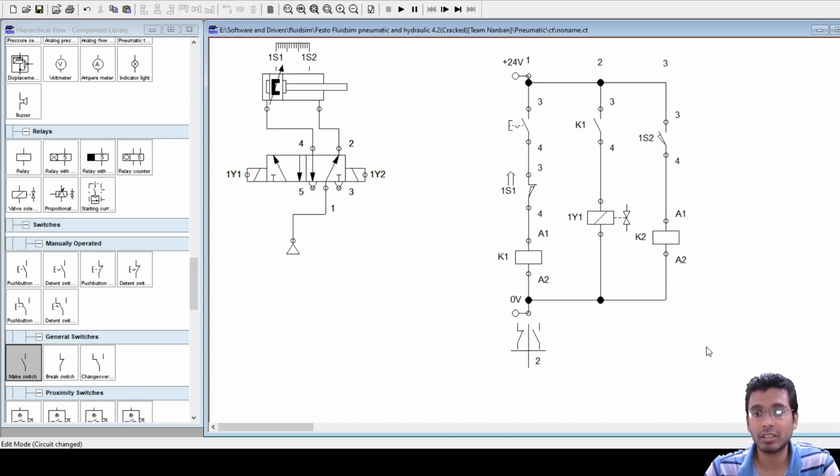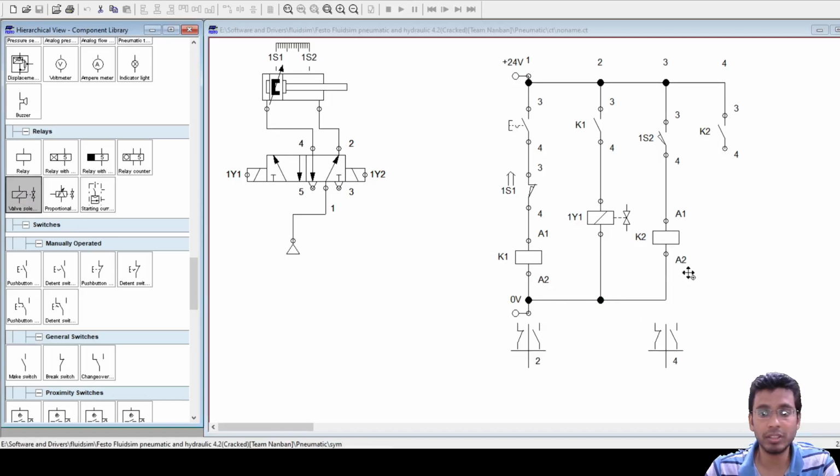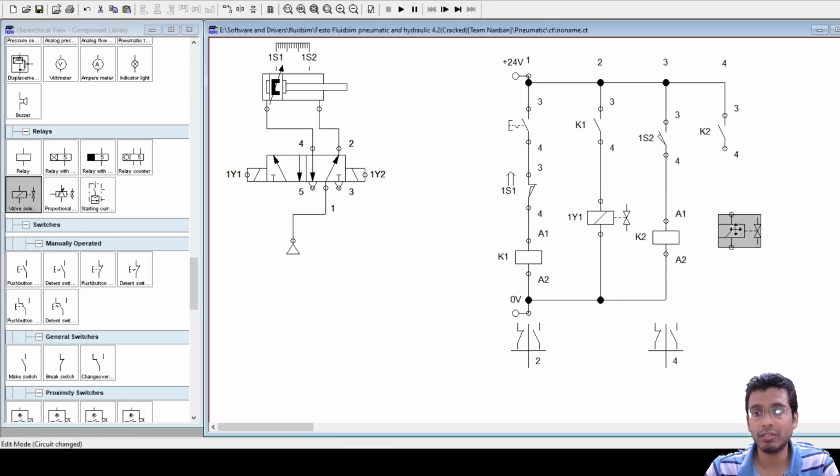Relay K2 and 1Y2. Yeah, an open contact of relay K2 with 1Y2. So we'll be requiring an open contact of our relay K2, and this we will connect to our other solenoid valve, and this solenoid valve will be named 1Y2. Fine. Now let us see.